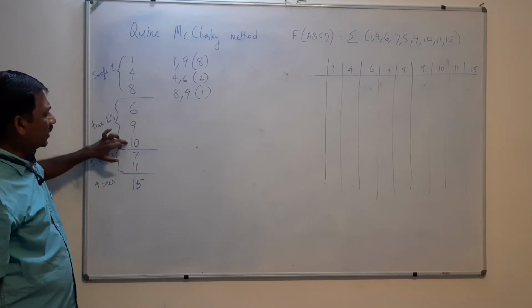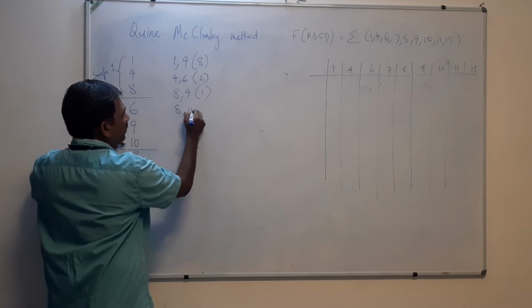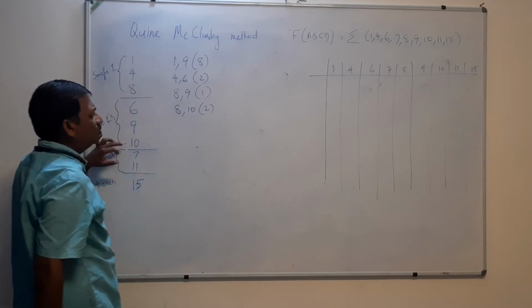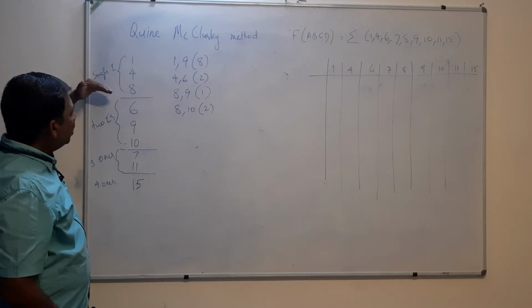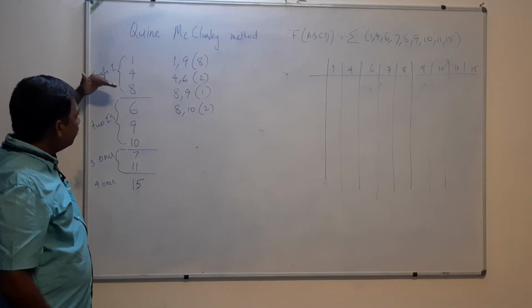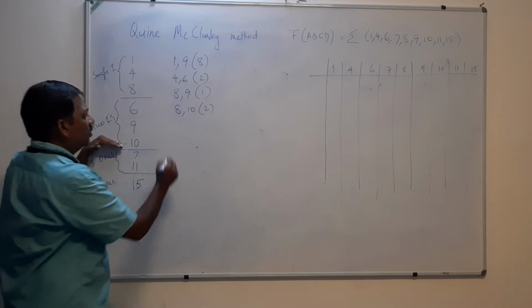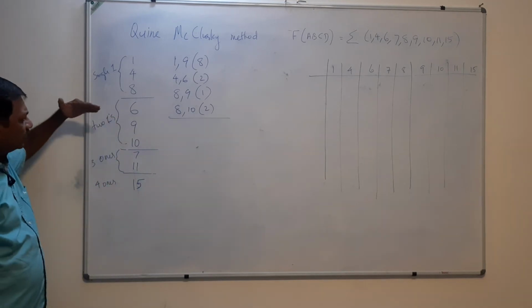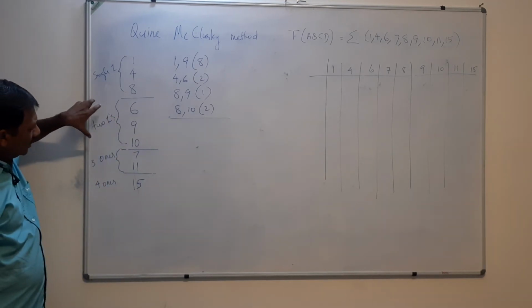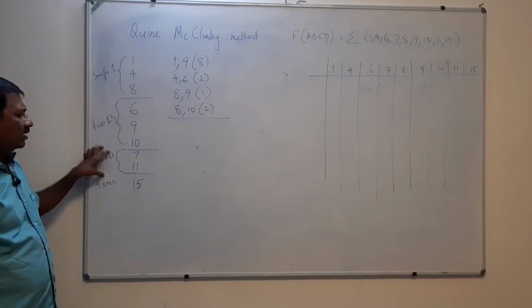What about 8 and 10? 10 minus 8 is 2, which is also a multiple of 2. 8 minus 10 is 2. That means we have combined some entities of this with some entities of the second, and now a group was formed. And now we are going to check whether any entity from this group can be combined with any from